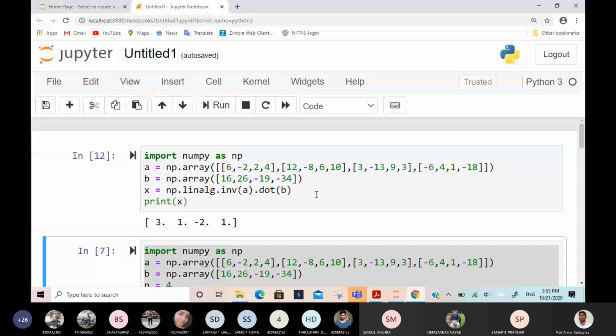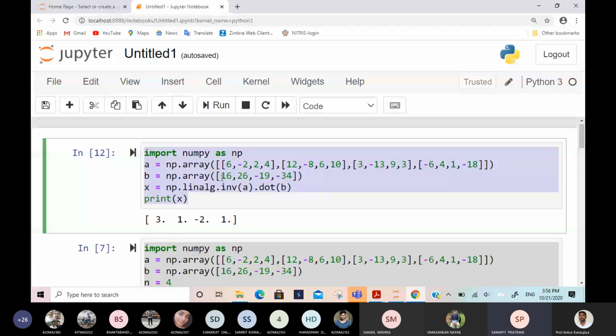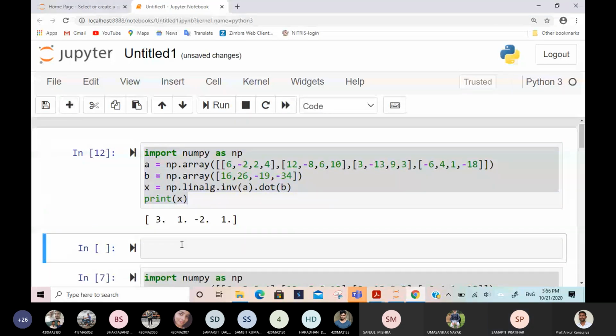In real-world problems, most of the time you will face matrices of size at least 1000. It's not like 2 cross 2 or 3 cross 3, but at least 1000 cross 1000. Then finding the inverse is not an easy method. That's why Gaussian elimination and Gauss-Jordan are just basic techniques. Some higher advanced techniques are also there, which are not in your syllabus. Now I will solve without finding the inverse.